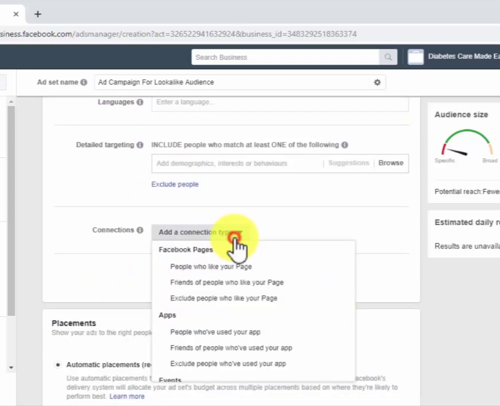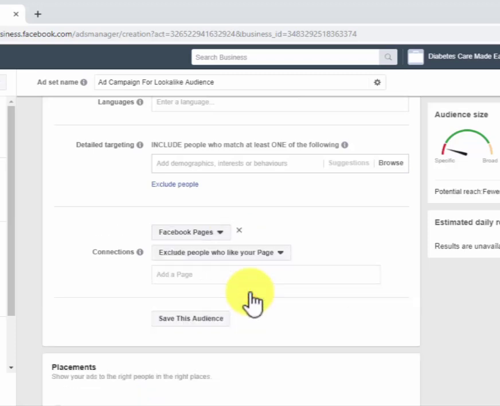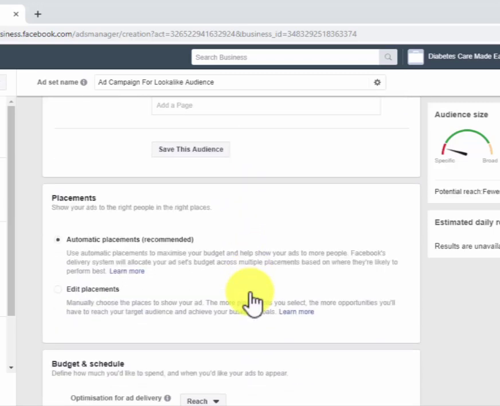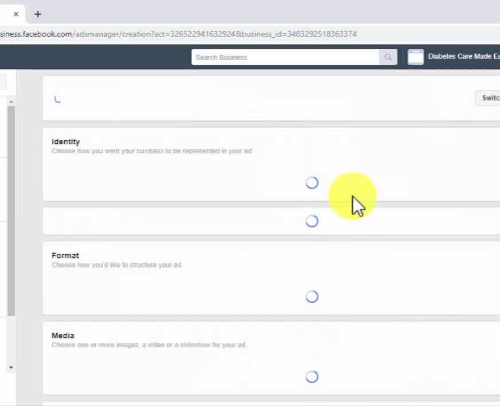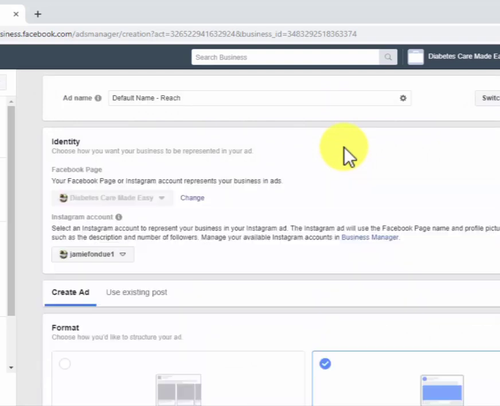Because we selected a lookalike audience that is based on our own Facebook page audience, we have to click on the Connection menu and select Exclude People Who Like Your Page to avoid retargeting our existing Facebook page fans. Leave Automatic Placement selected and move over to the Budget and Schedule section to set up your campaign's budget and schedule. Then click on Continue to start creating your ad. First,